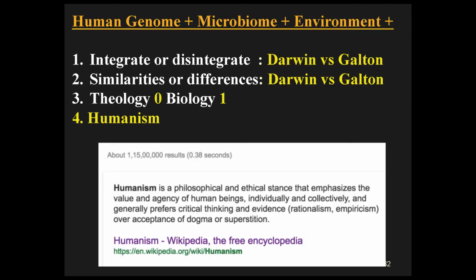And humanism is really a very nice term because it says here, and I Googled this, and as you can see, Google was advertising itself, saying so many million results were found in 0.38 seconds, but we know how Google does that. But anyway, humanism is a philosophical and ethical stance that emphasizes the value and agency of human beings individually or collectively, and prefers critical thinking and evidence over acceptance of dogma and superstition. I think this is a fantastic new word. For me, it has been a new word because it hasn't fully transformed me either, but I think it's a word to dwell on. And I'll end here by